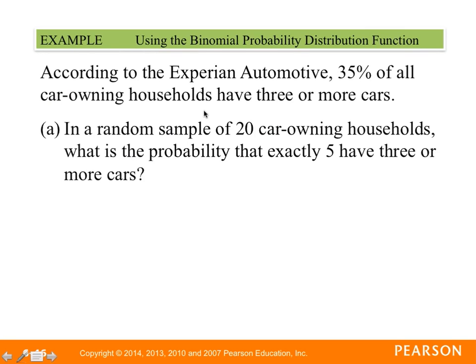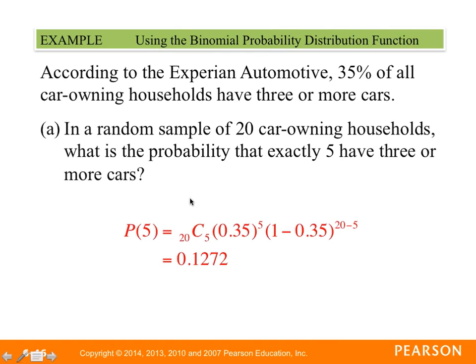Okay, so according to Experian Automotive, 35% of all car-owning households have 3 or more cars. In a random sample of 20 car-owning households, what is the probability that exactly 5 have 3 or more cars? So we want the probability of getting 5 successes. So we take 20C5, and then we multiply that by the probability of success, which is 0.35 to the 5th power,